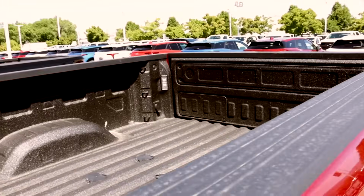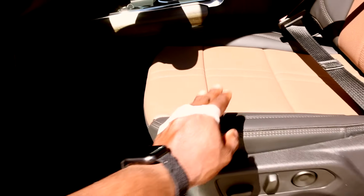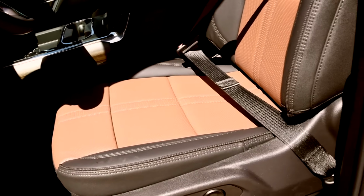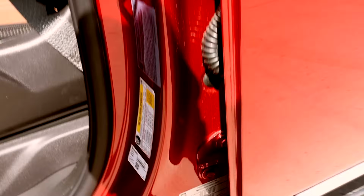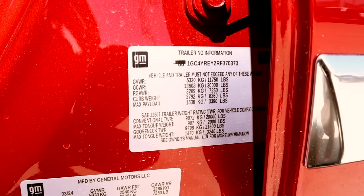So this truck has spray-in bed liner. It has the 5th wheel prep package. I mean, this truck has 20-inch wheels, powdered pull-bar running boards. All these things are going to take away from your payload. All these leather seats, that center console is probably a little bit heavier than the standard bench up front. So all that extra weight came to 8,360 pounds, which gives you